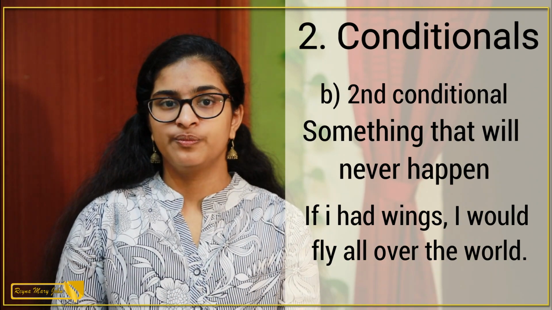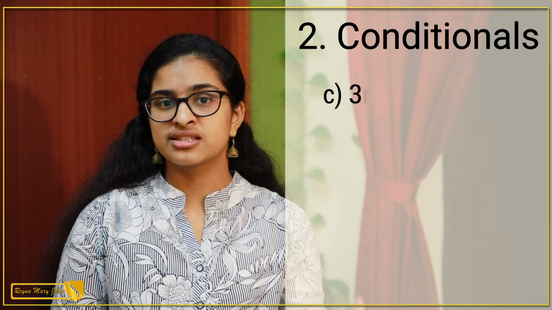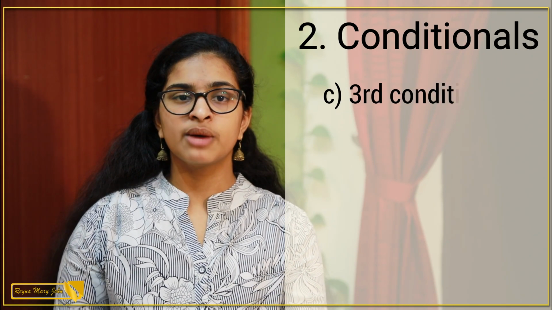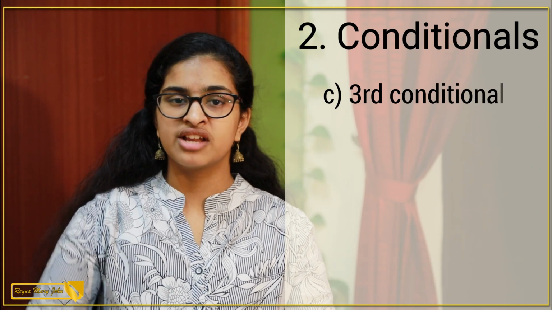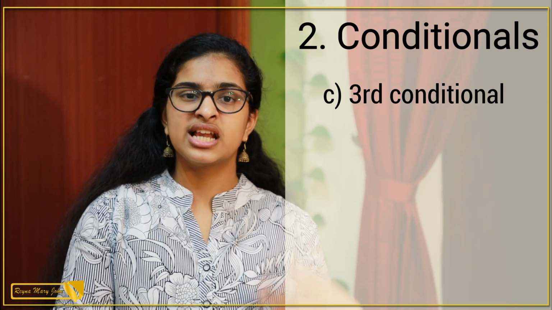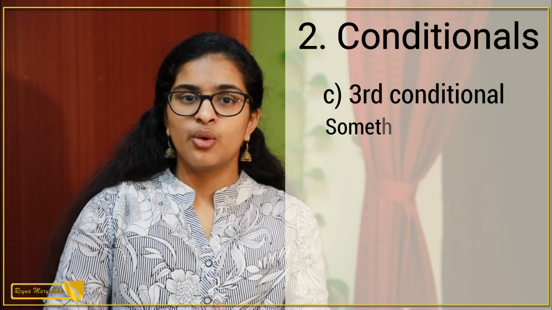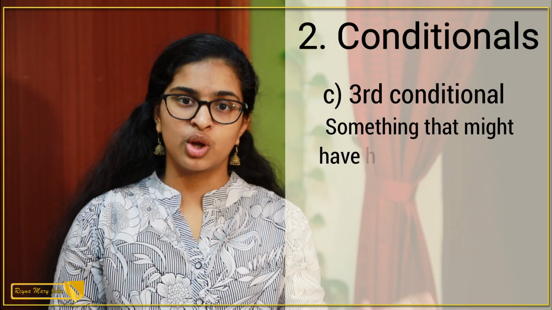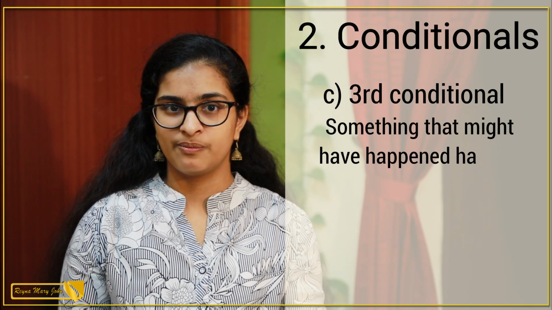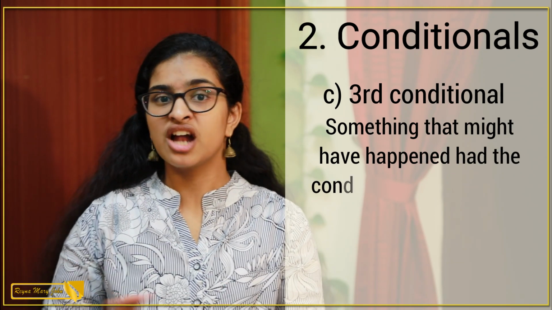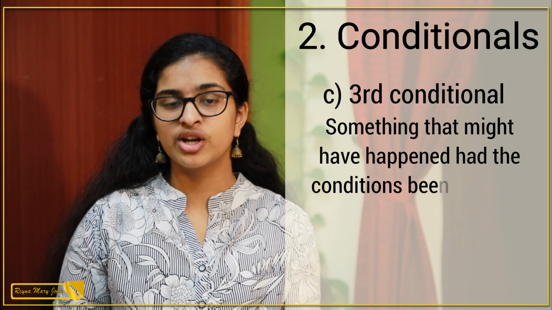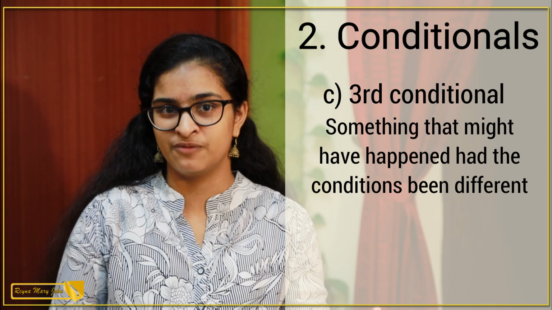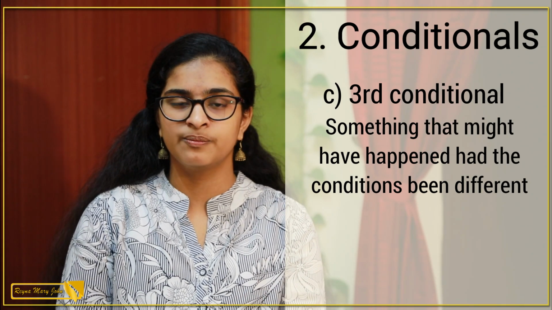Here we use would. Now the third conditional is known as the past conditional. This is why. You see, we use the past conditional when we are talking about something that's already happened. A condition and a result has already happened. And then at a later date when we are talking about it, we change the circumstance a little, and so the result will also be different because of a changed circumstance. But since it's in the past, we can't change the past. So we're talking about something that could have happened. It might have happened if that circumstance was a bit different. And so it's called the past conditional.